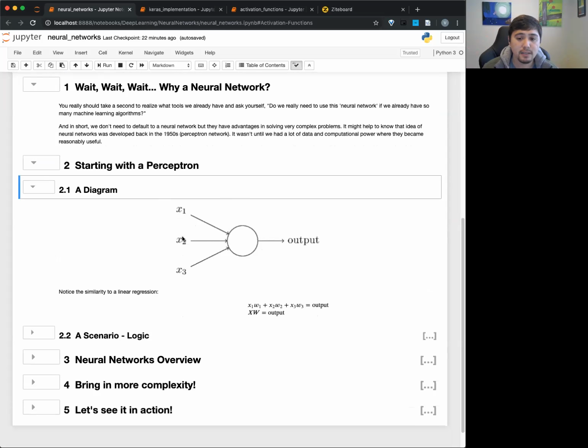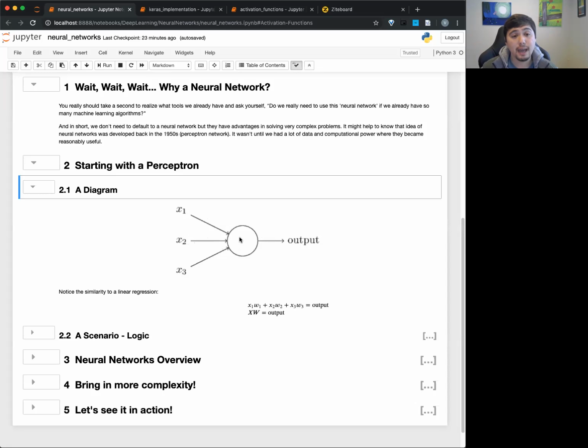We take X1, X2, X3, and these arrows represent that we multiply each by some number, and we combine them together by adding them up into this node. So if you imagine X1 is 1, X2 is 2, X3 is 3, we multiply X1 by 1, X2 by 0.5, and X3 by 2. We would have a 1 here, a 1 here, and a 6 here. Add them up together and that would be 8. So the total inside would be 8.